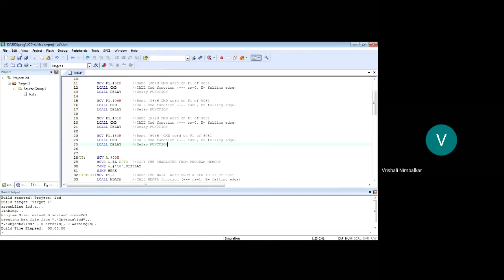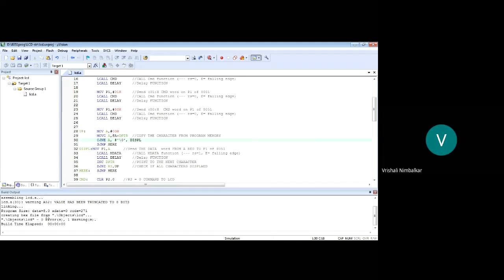So just let me save it and check for any errors and warnings. Okay, there's one warning: value has been truncated to 8 bits. It is regarding line number 30, that \0 ASCII code. So I can give an ASCII code also. It does not matter, it is 0.